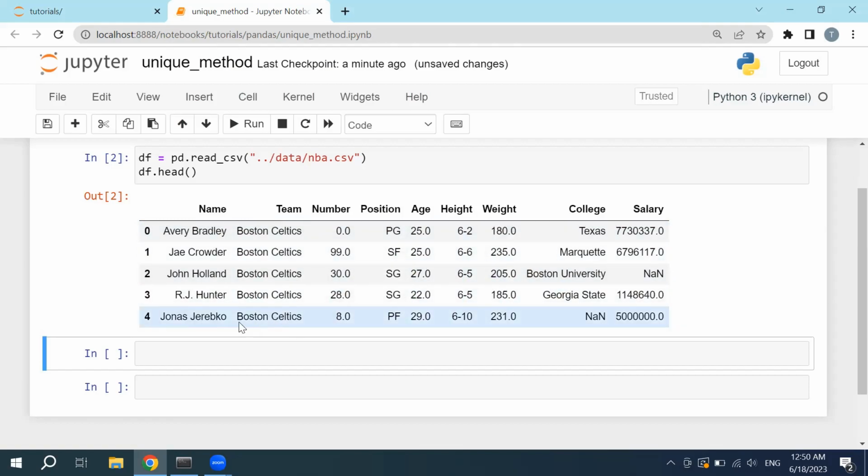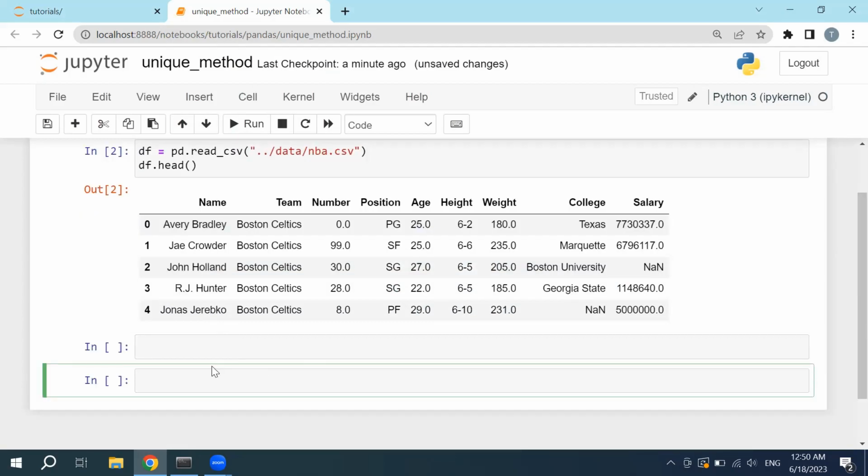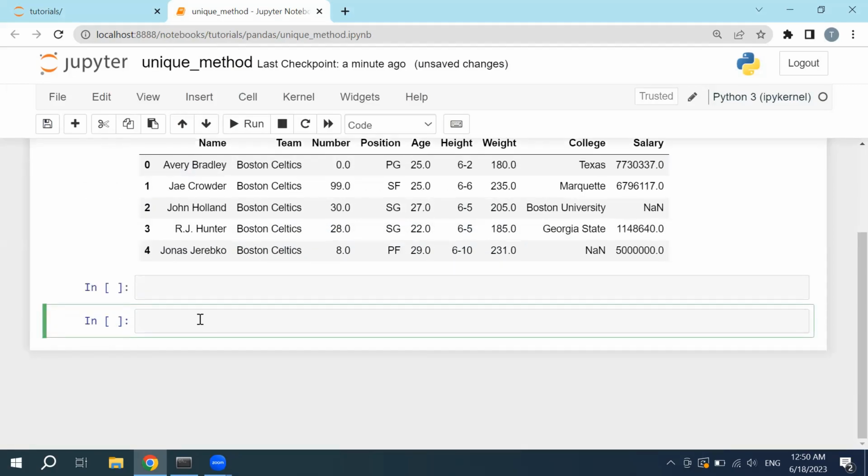But if we want to print out the unique values, we will use the unique method, which is going to output all the unique values inside of the specific columns here. If I type in df team and then the method itself, unique,